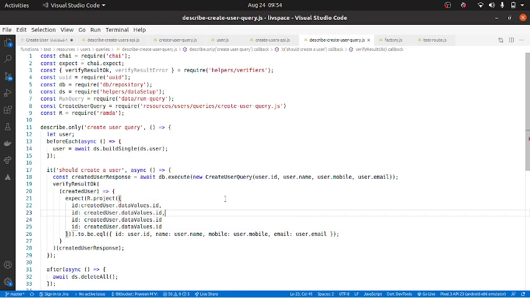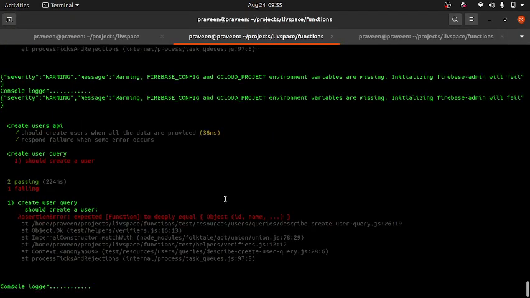Name, mobile, name, mobile, email. Okay, so this should pass.